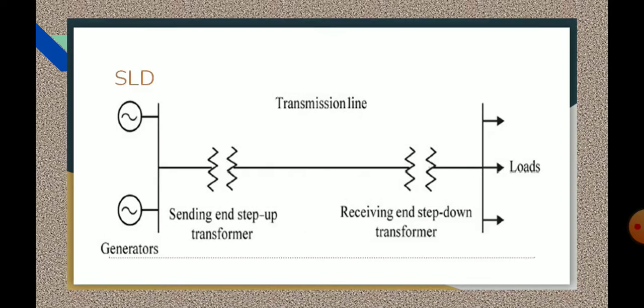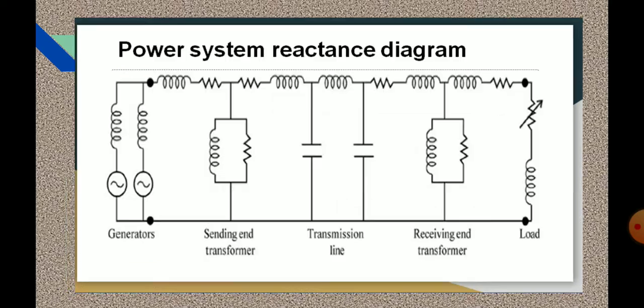So here in the previous single line diagram, we have these components: generator, transformer, transmission line, and load. All these components are represented in terms of impedance format. For the generator, EMF along with the reactor. For the sending end transformer, we have two sides, primary side and secondary side. So primary side sending end and receiving end, it is represented with impedance, and the center part is a core part. So it is represented separately.